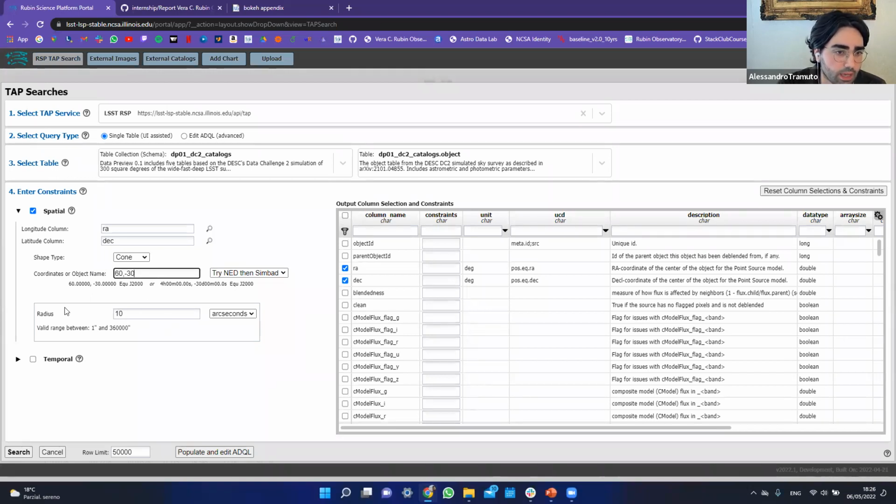And after that, we have the radius of this cone. We can make it bigger, for example, 100 arc seconds. At this point, we have to go to the lower part of the screen. There's just the search button, the cancel button, but you also have the row limit. The row limit is pre-selected as 50,000, but if it takes you a lot of time to run, you can take fewer data, for example, 10,000 or less, to have a quick look,